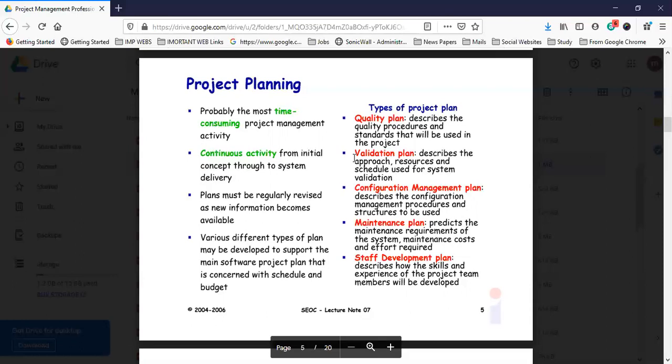So we can create different sorts of plans, which is time consuming and a continuous activity. You need to check whether your plan is as per the budget, and as per the schedules, and then you can create your plans.